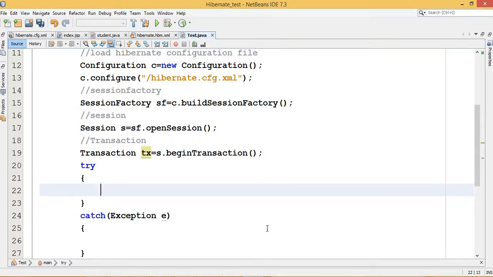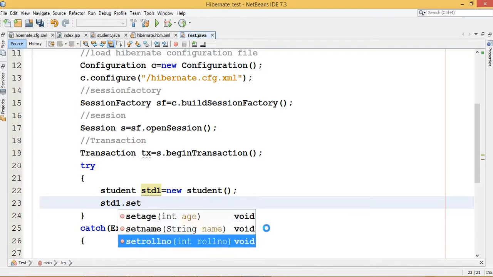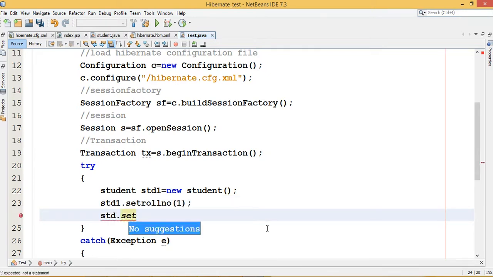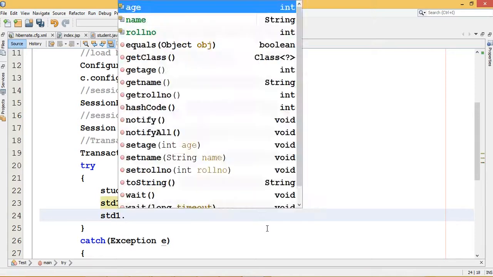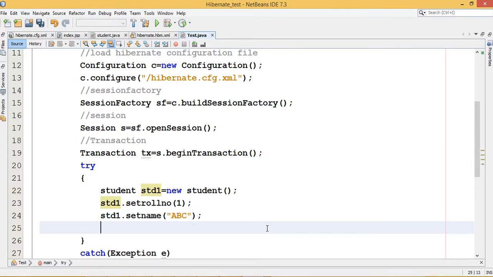I am using one try catch block, because if any error is generated, we want to roll back the transaction, and you know the commit and rollback methods, right? So here I am using the Student class. Student is a Java bean object, std1 is the object of it, new Student. Now I am setting its properties: std1 dot setRollNumber as 1, std1 dot setName abc, std1 dot setAge 25.